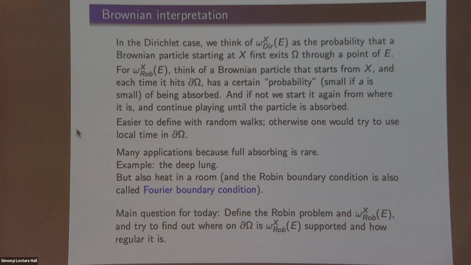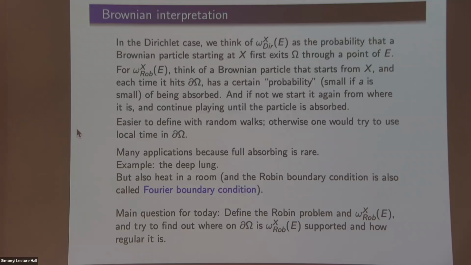Okay. And again, I had this comment saying that Robin was celebrated in France. So when you're saying you're doing a random walk, you mean you discretize the time? Yeah, if you discretize, you don't have this issue of staying there. It's just, I do not know how to say, when I start from a boundary, the probability of being absorbed is something, because I won't go very far, right? Yes, exactly.